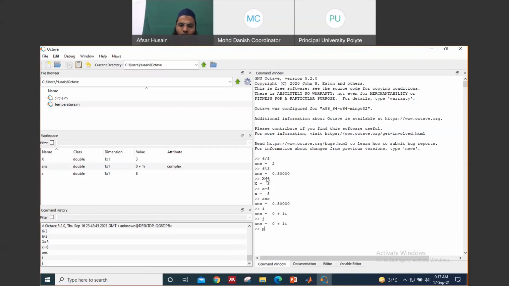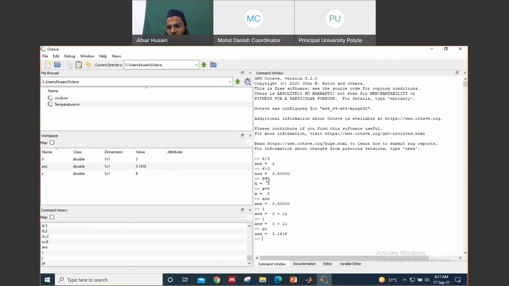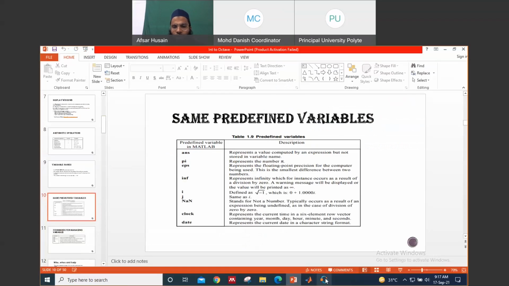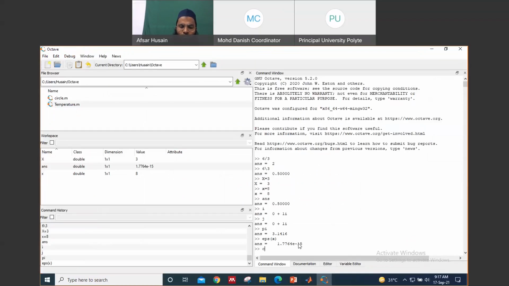Further, the value of pi is a predefined value. So is the exponential of x. Okay. So these are the predefined variables which we are using. Further, clock and date. Clock means